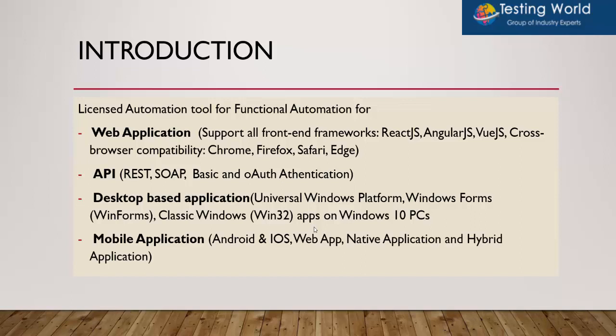Last is mobile application. As we know, there are different types of mobile applications. It could be a native application, a mobile web application, or it could be hybrid. So it supports different types of applications, could be native, hybrid, or web, mobile web. Also, it supports Android as well as iOS platforms. So here you can see that it is a single tool which is giving support for almost all different kinds of applications. So that is one of the unique tools which gives end-to-end support for almost all different kinds of applications.